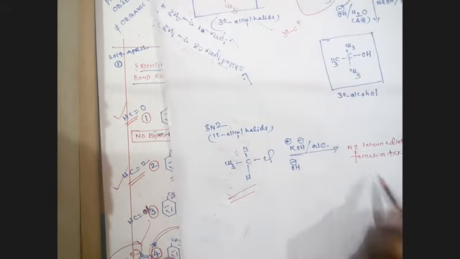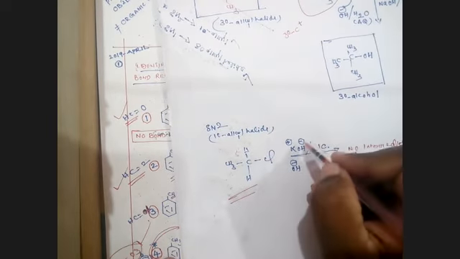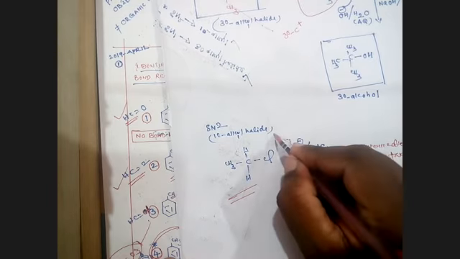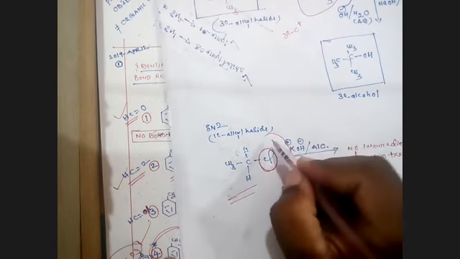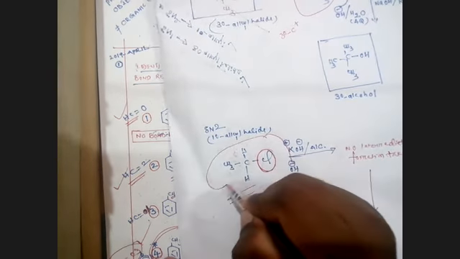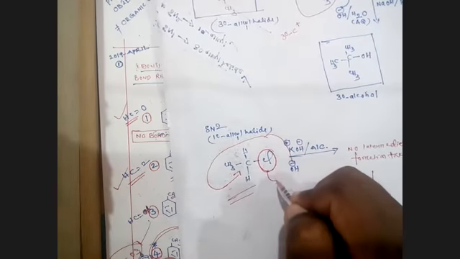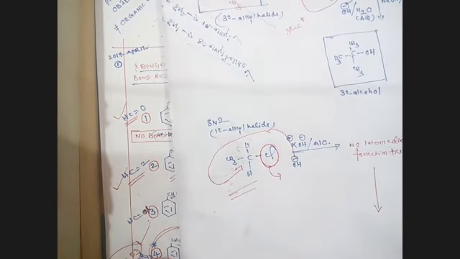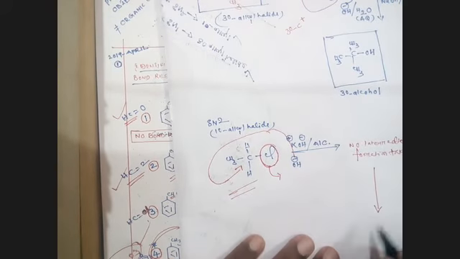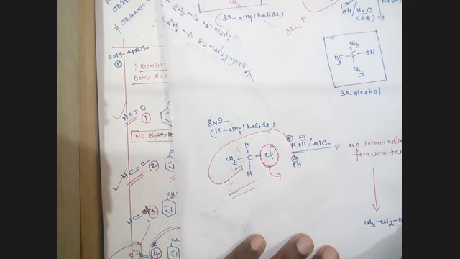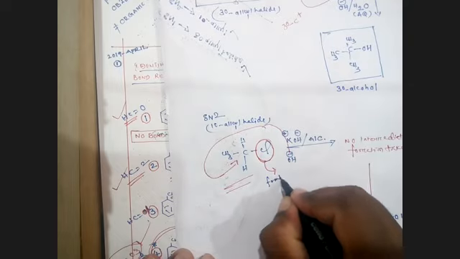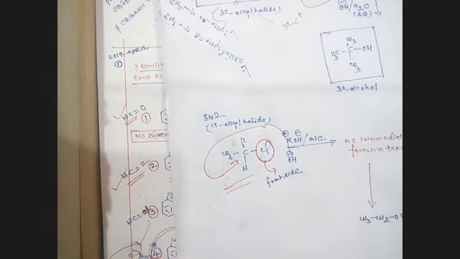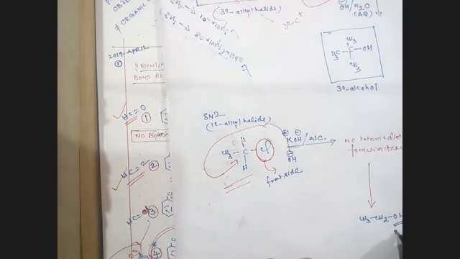Then what happens? The base is OH minus. It should replace the Cl, but it is a bulkier group. Front side attack does not take place; the attack takes place on the back side. Then what we are getting? Primary alkyl halide gives rise to primary alcohol. Suppose Cl is on the front side, then OH should be on the back side.